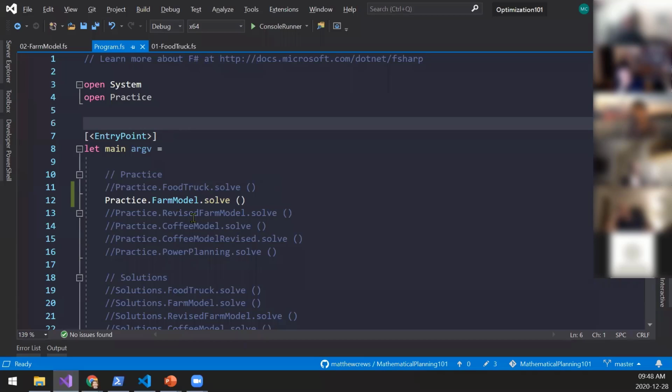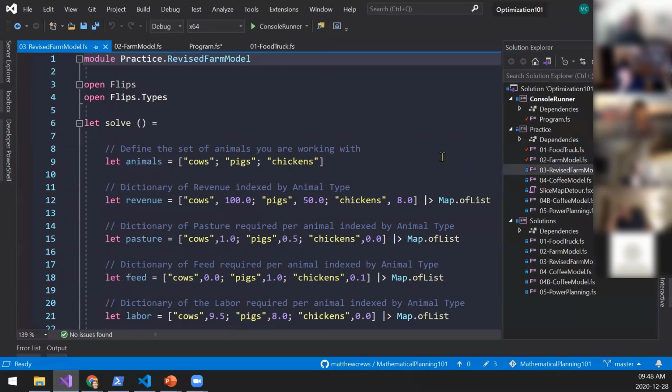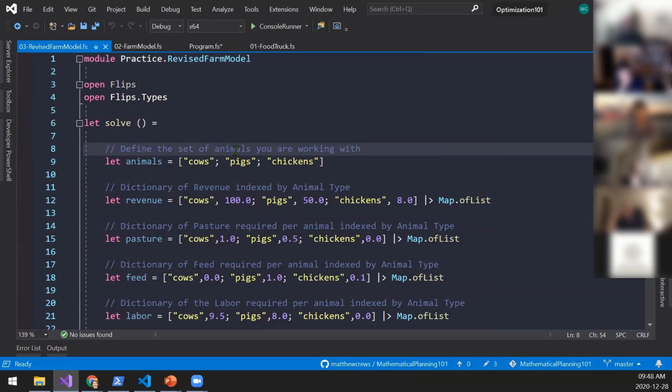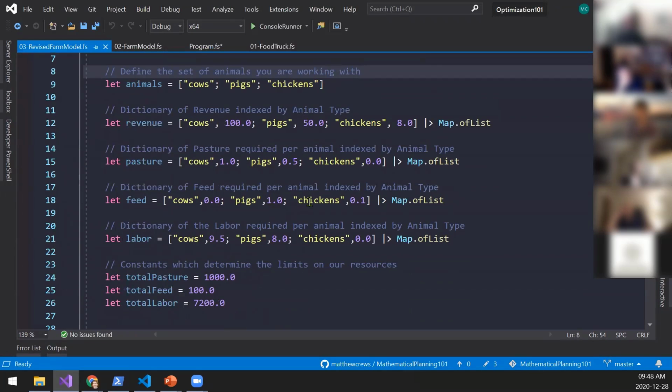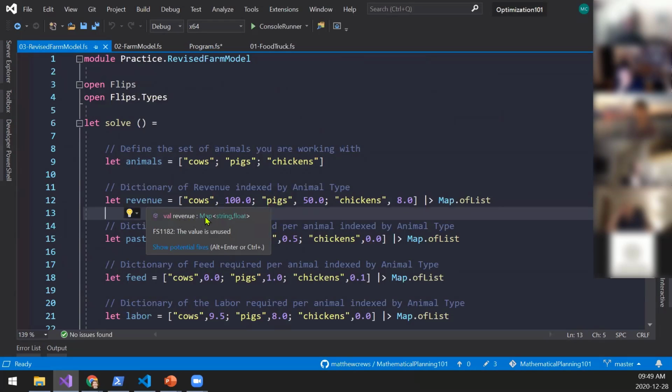So let's go back to that model and revise it. I'm going to comment out this one and do a revised farming model. I provide all the data that you need here if you're doing the practice. Now I have this list of animals: cows, pigs, and chickens. I have my revenue, which I'm storing as a map.